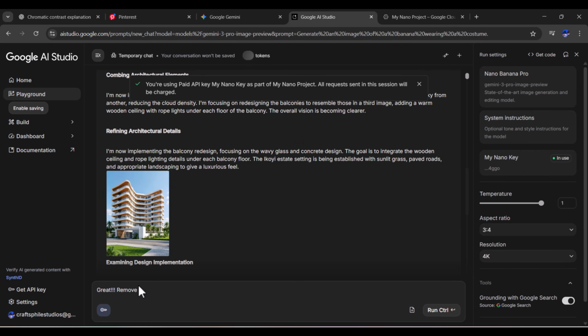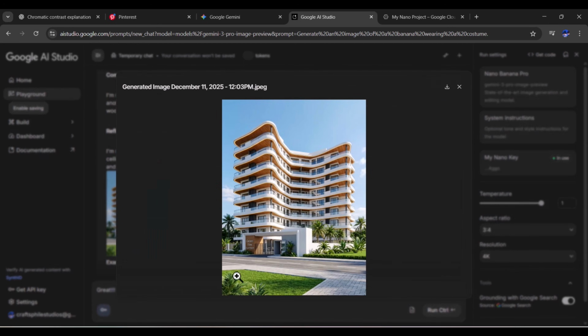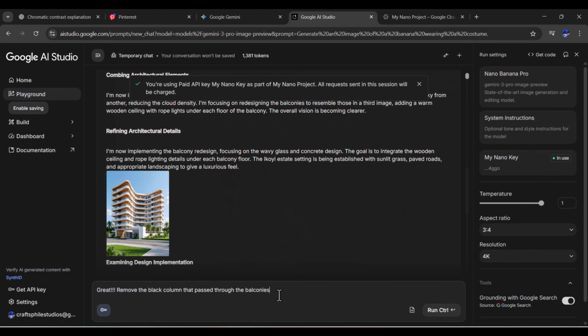Remove the black column that passes through the balconies. So then I can say add street lights